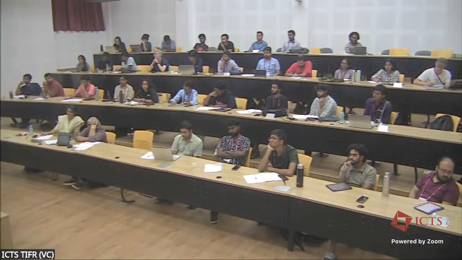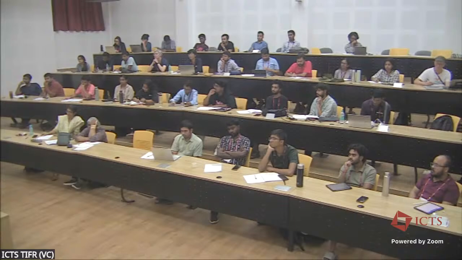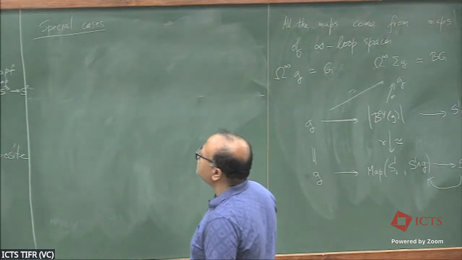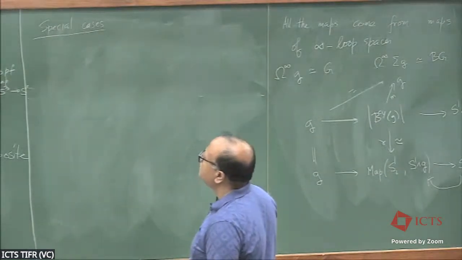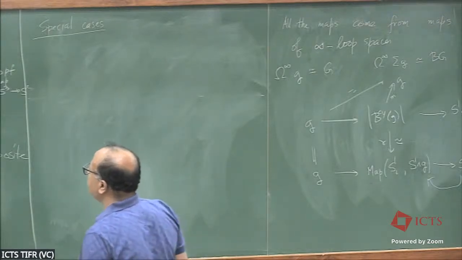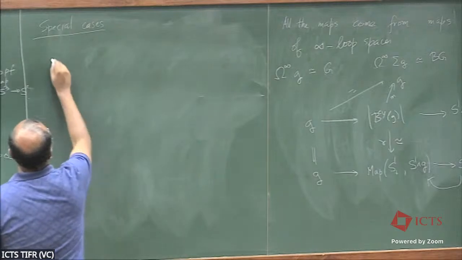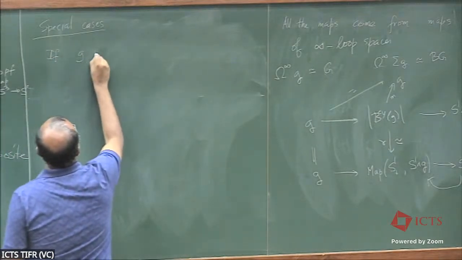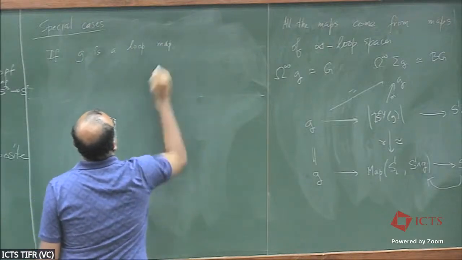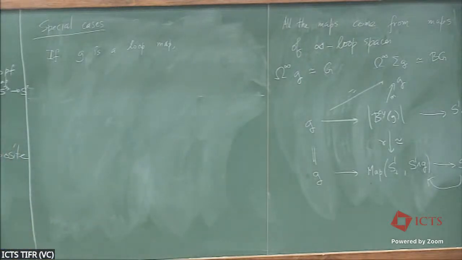So there is a continuation of this theorem, which is special cases. So special cases is that if G is a loop map, that means that the map defining the Thom spectrum is a double loop map. Okay, so if G is a loop map, then